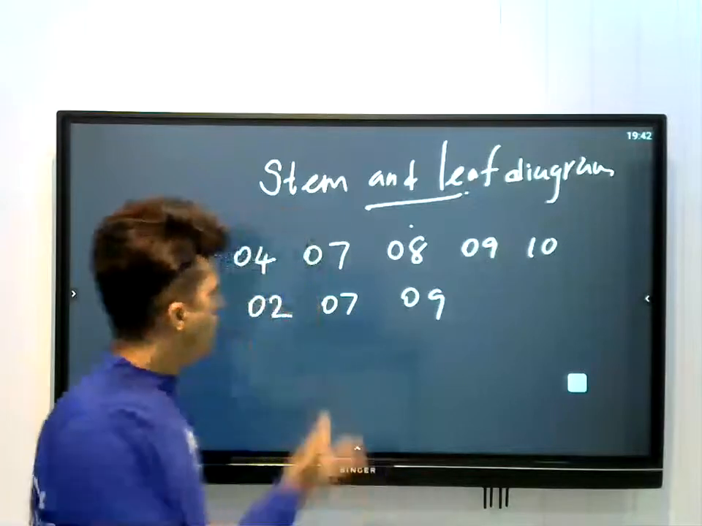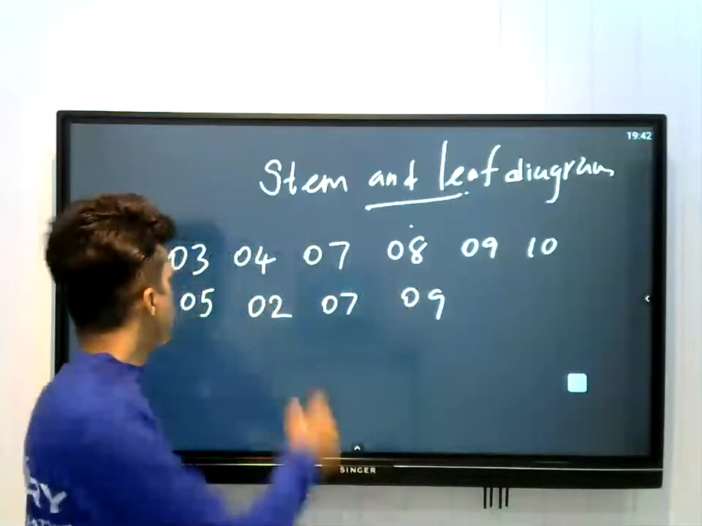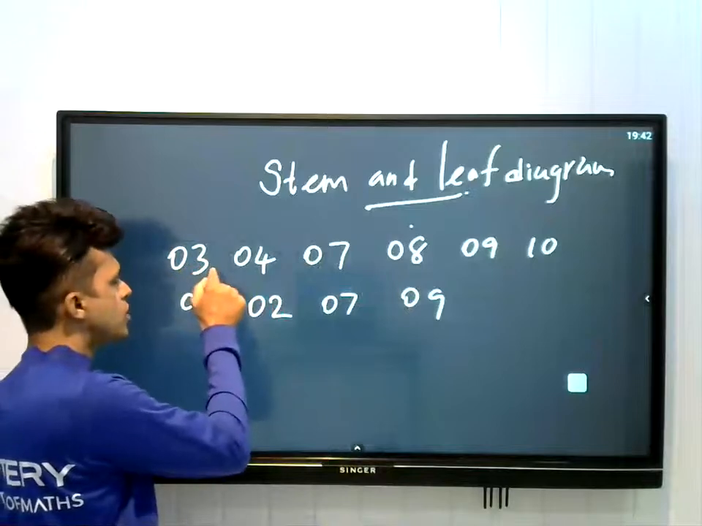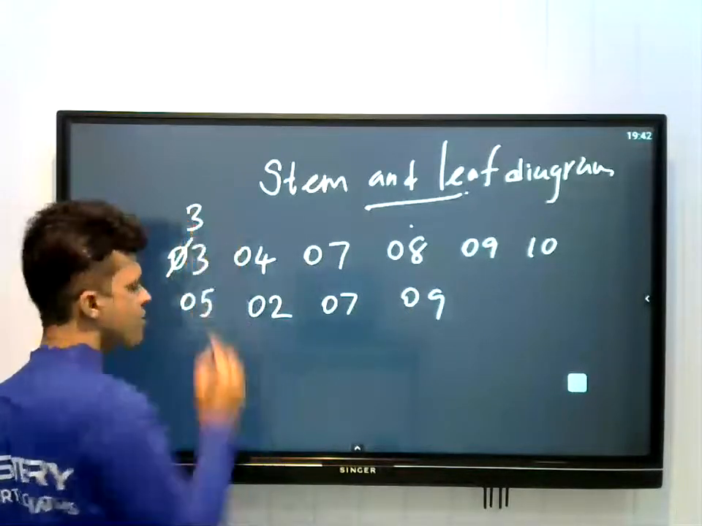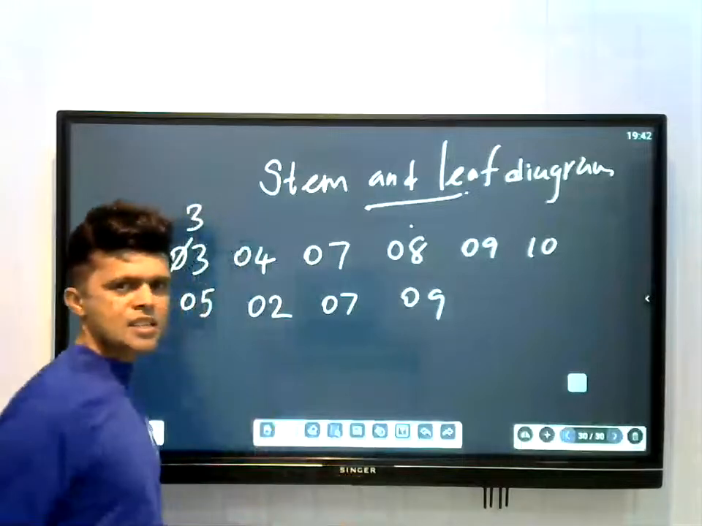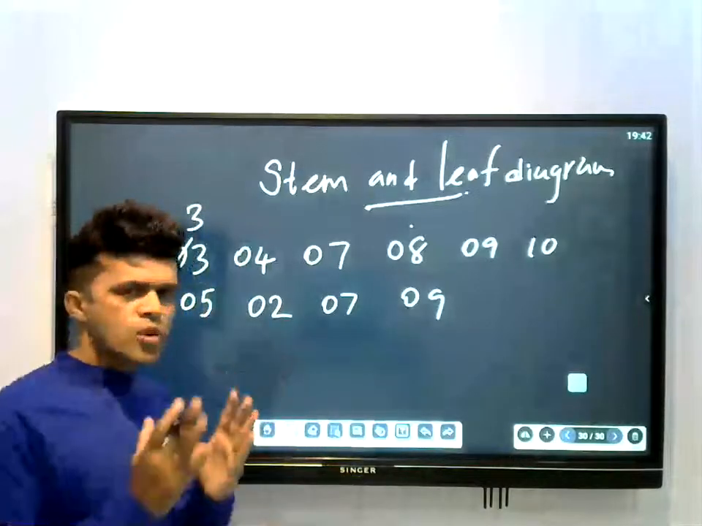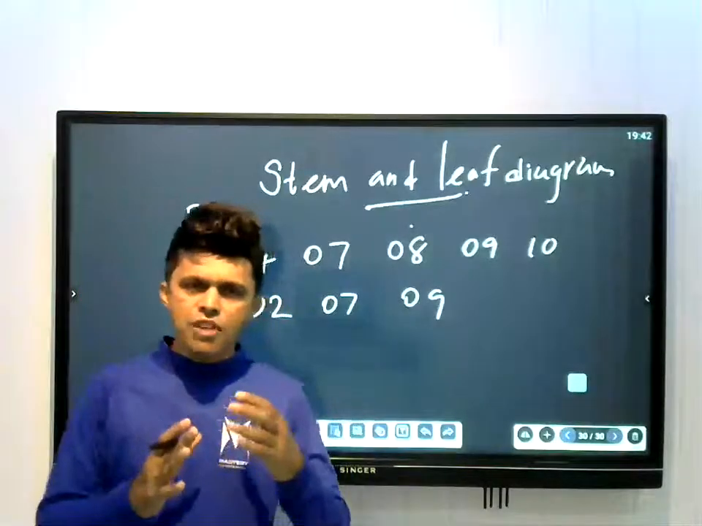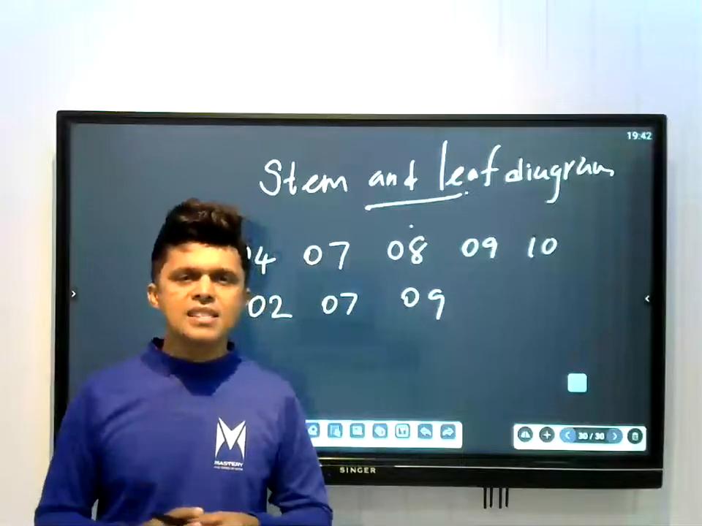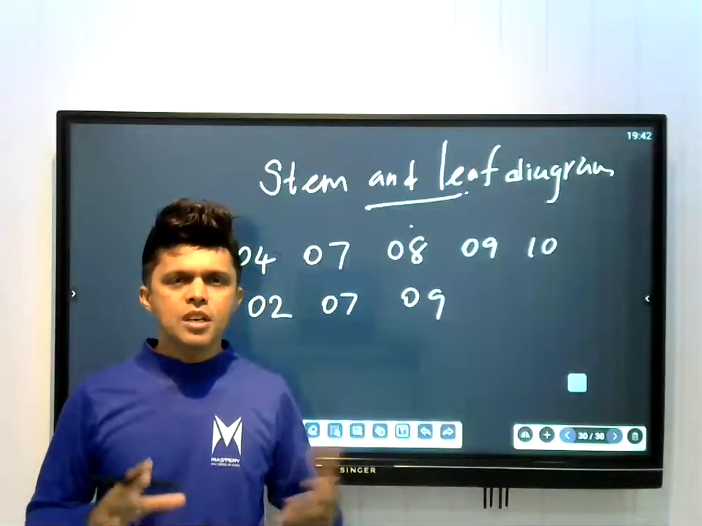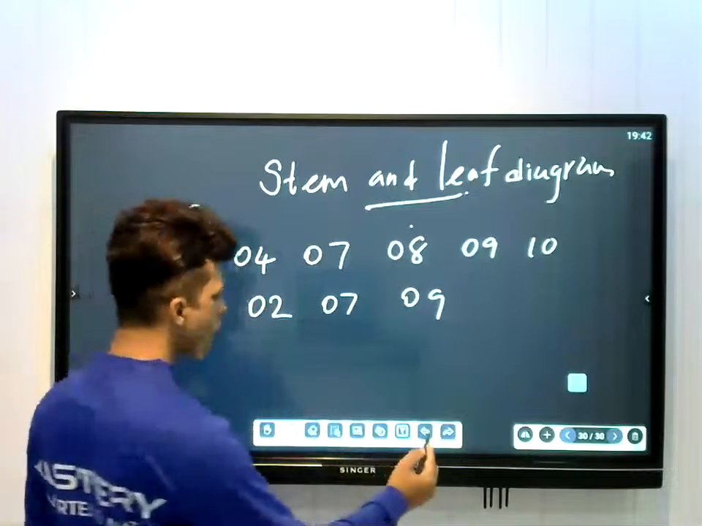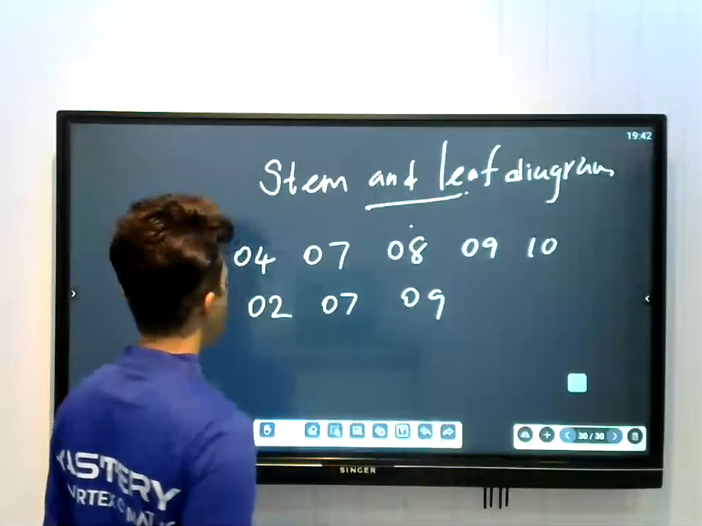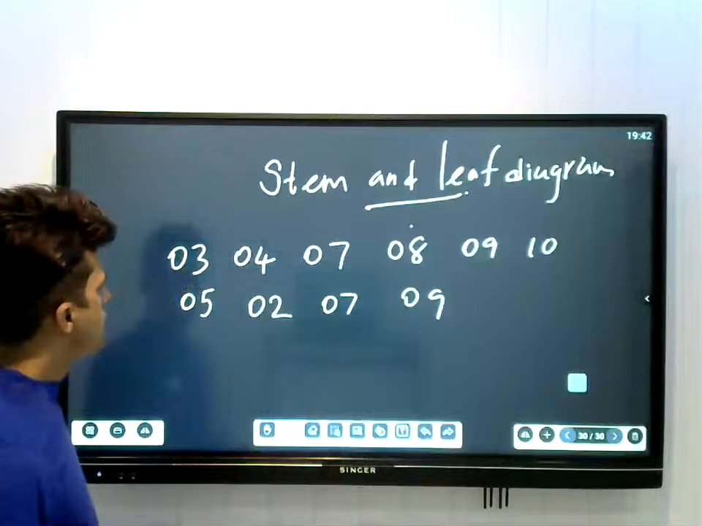I mention these values here, with a 0 in front. I can write a 0, so that you can get an idea clearly of the way of entering this data in the stem and leaf diagram. There's no need to mention this 0, right? So, here, 3,